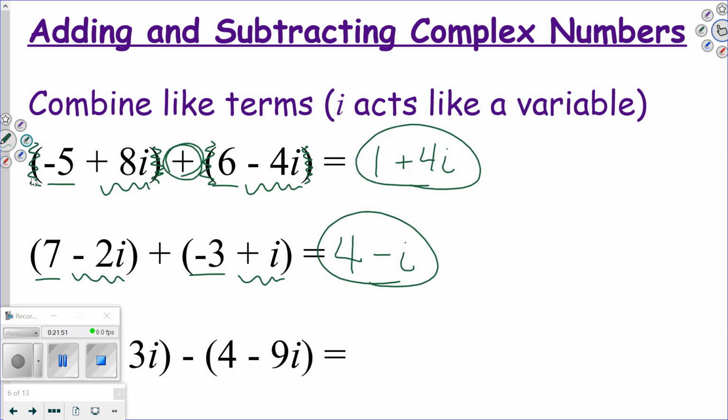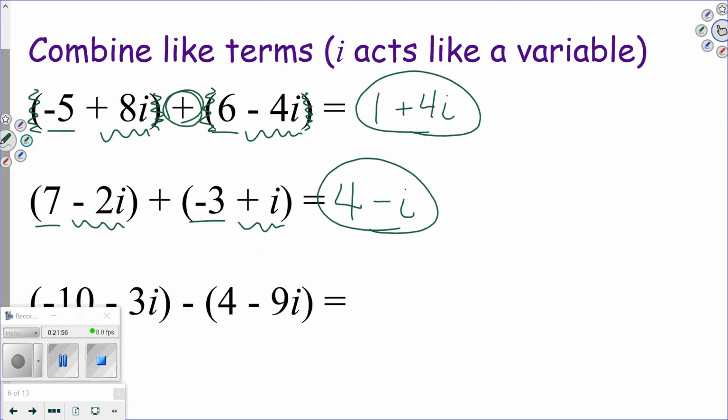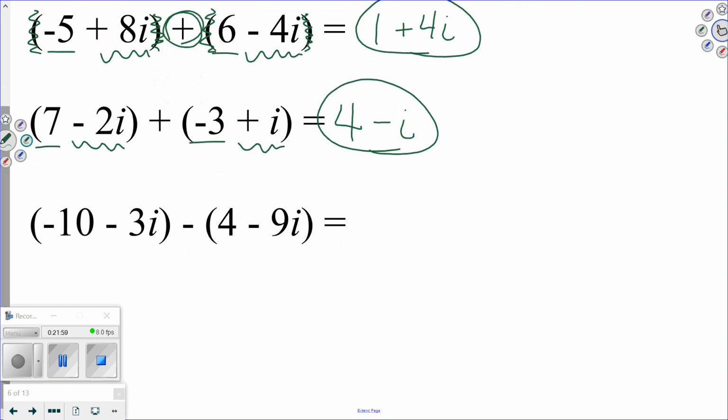Yeah, adding, subtracting with i's, way easier than radicals, right? Radicals can have lots of different numbers under them. There we go. What about the third one? Are the parentheses necessary? The fact that I didn't just go run to the board and finish this problem tells you that they are important, okay? What does it do when there's a negative in front of a whole piece of something? What do you have to do with that negative? You have to distribute that negative,